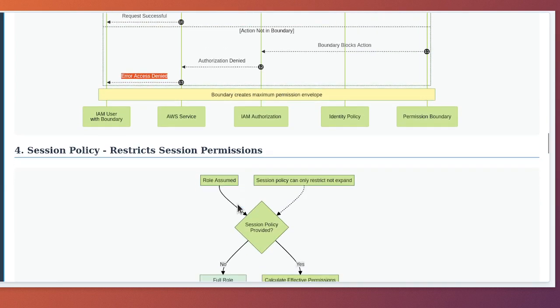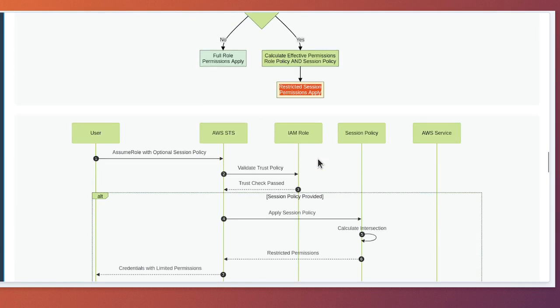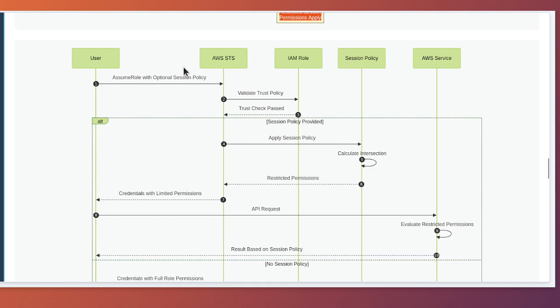The session policy flowchart shows optional session restrictions. Role assumed flows to decision session policy provided. If no, it flows to green full role permissions apply. If yes, it flows to calculate effective permissions role policy and session policy. Then to green restricted session permissions apply. Session policies only restrict. The session policy sequence diagram has 5 participants: user, AWS STS, IAM role, session policy, and